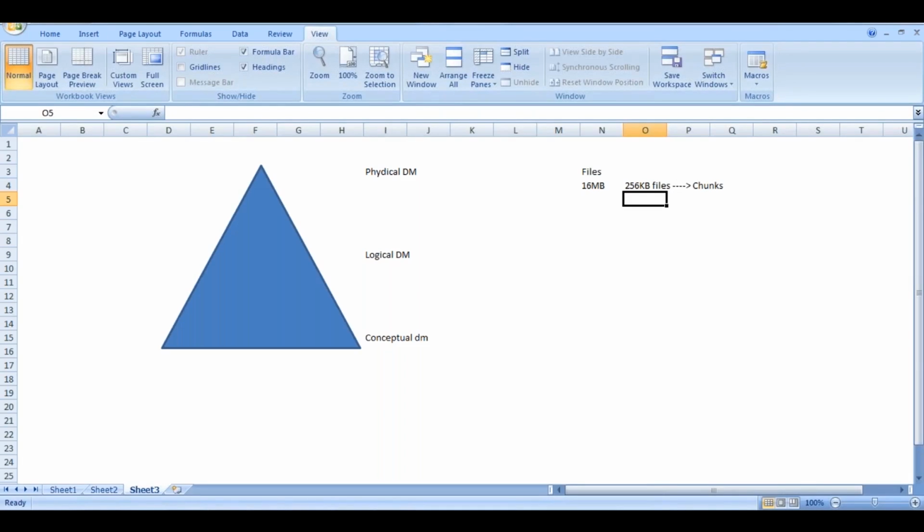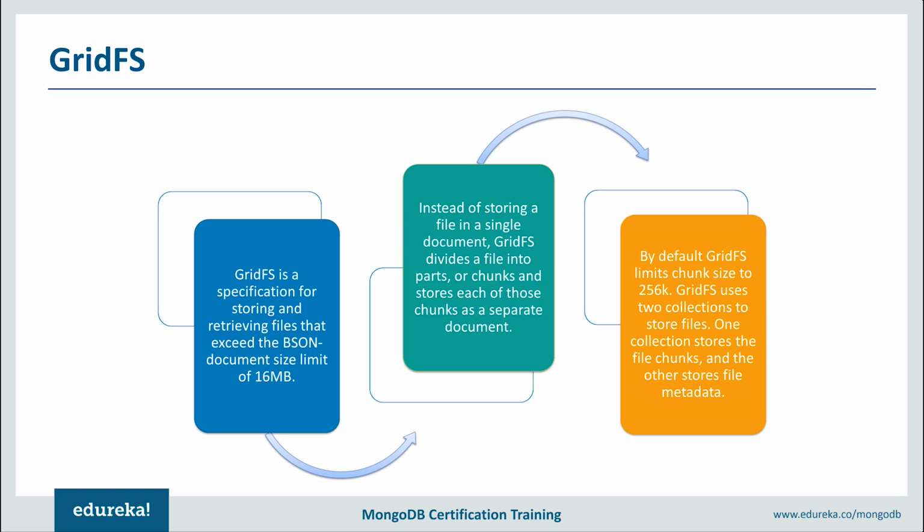Now the data will be stored, but in which file which data is stored, you need to know, right? That is called metadata, right? So what actually GridFS will do? GridFS will break the file into equal number of chunks. Each chunk size is going to be 256 KB. It is going to have 2 collections. One collection is for actual data and the another collection is for the metadata. So GridFS uses 2 collections to store the files. One collection stores the file chunks, that is data, and another collection stores what data is stored under which chunk,